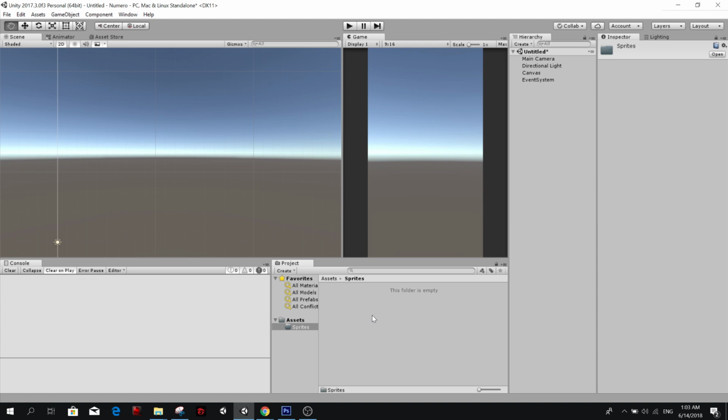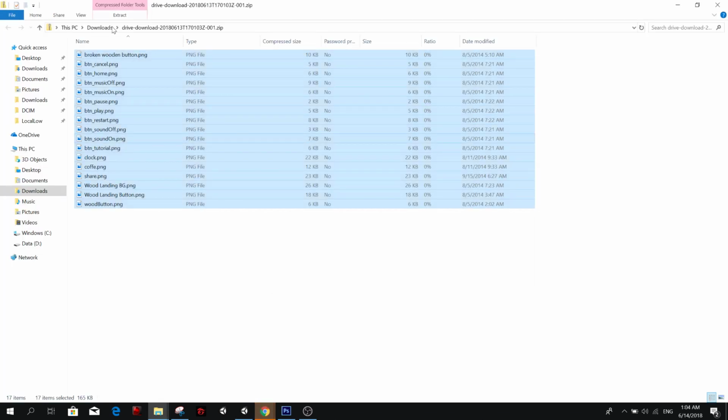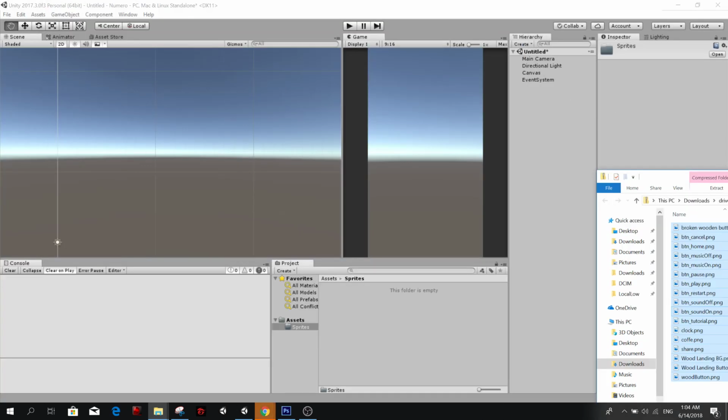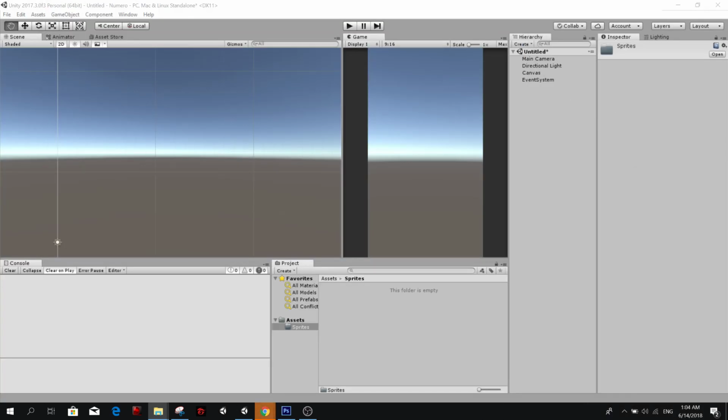Drag this into the oops. No? I can't do this? I do it all the time. Oh, because it's a zip file. We cannot copy it from a zip file. We need to make it a folder first.